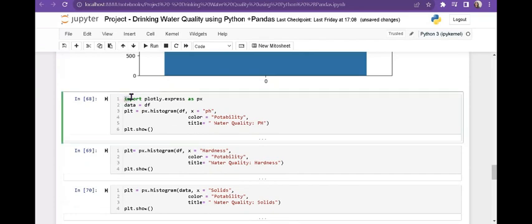I am using the library plotly express, px, which is a method or object you can say, where I pass the data df. Then px is my object name, and I pass the histogram, df, then pH level. I want to see how much the pH level is, and color, then title I am giving the pH. Okay, so if we run,